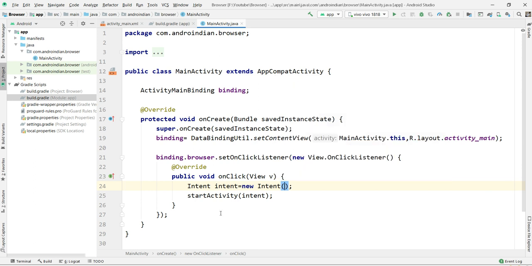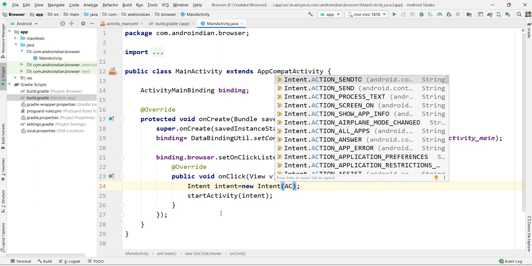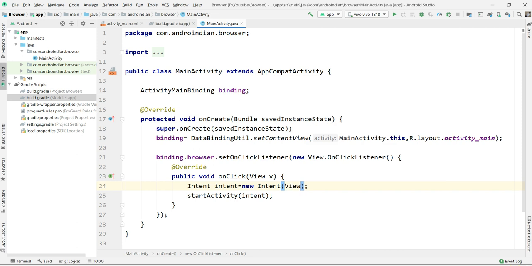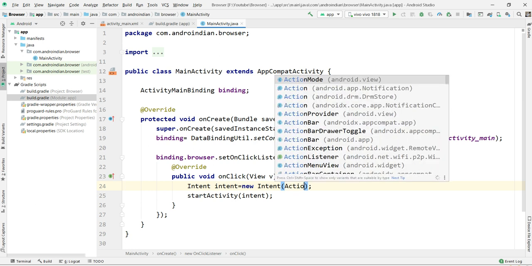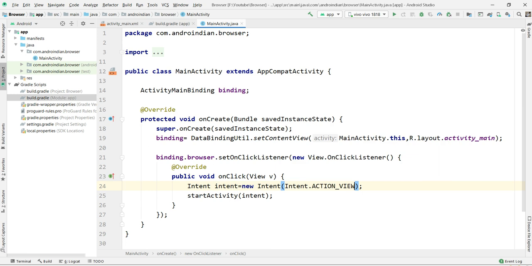We call the action view, directly writing Intent dot ACTION_VIEW.